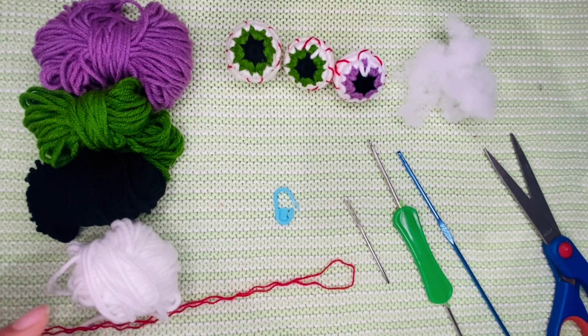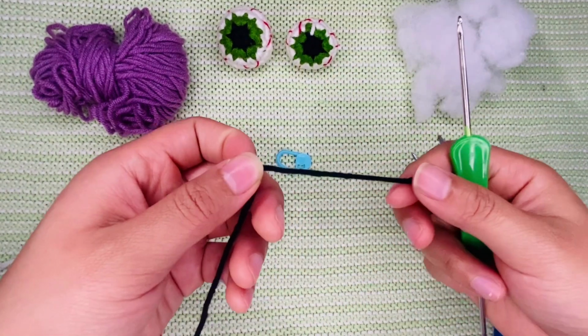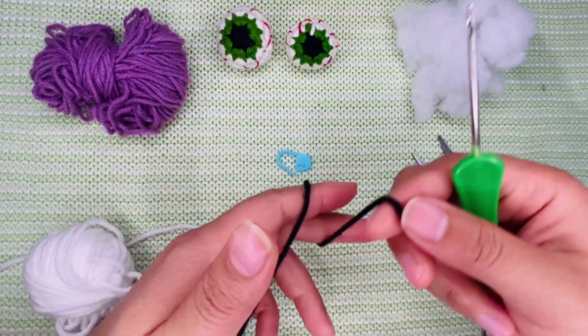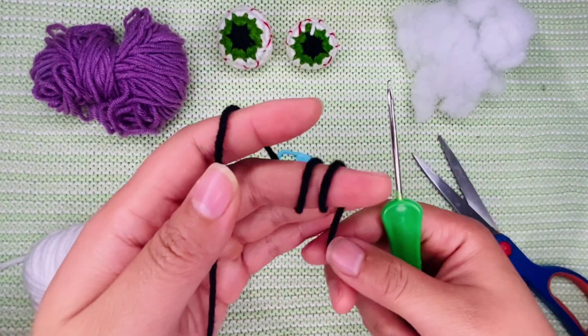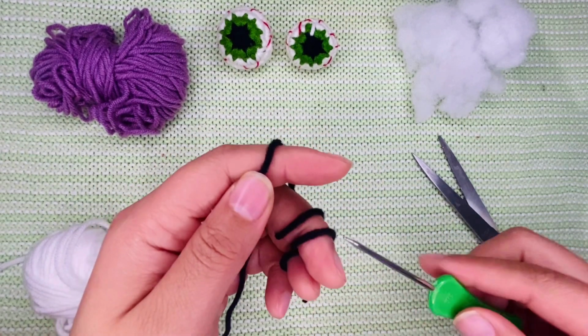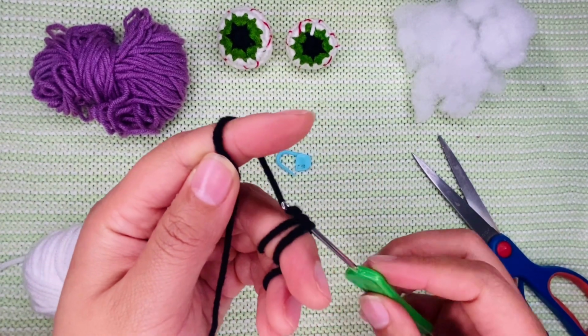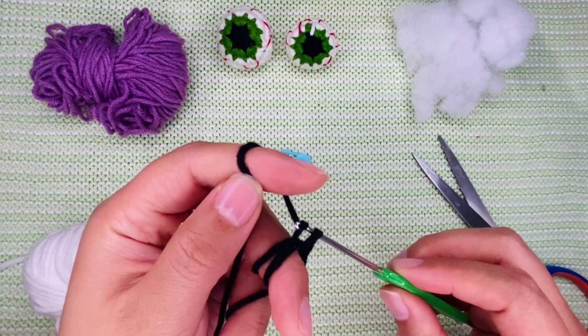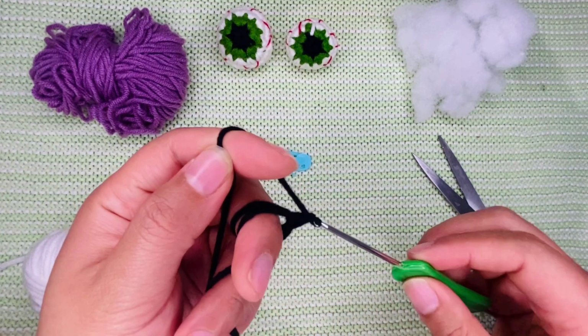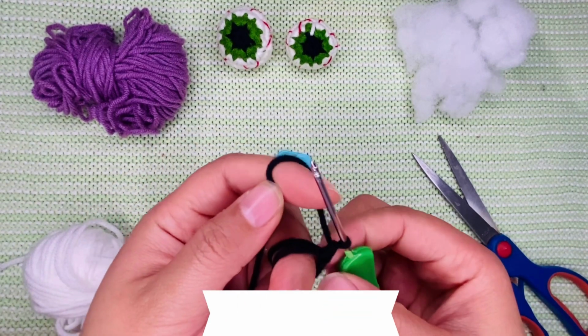Once everything is ready, we can start crocheting. Start with the black yarn. Wrap the black yarn around the middle finger twice. Make 2 loops. Hold the yarn between the middle and the ring finger. Then insert the hook through both loops. Yarn over, pull up a loop. Yarn over again, pull it through. These 2 stitches help us to lock the 2 circles in place and won't be counted in the stitches we'll